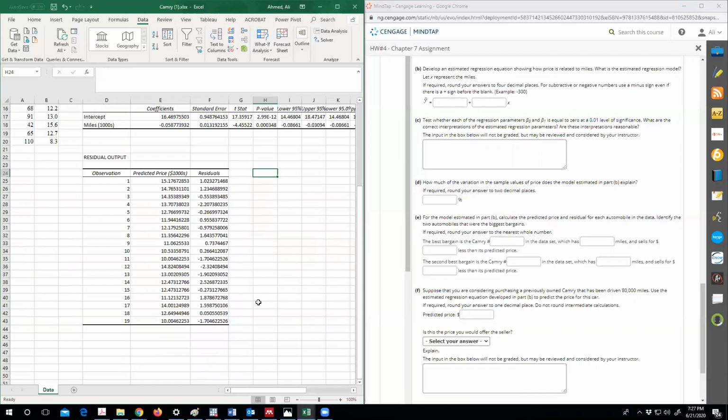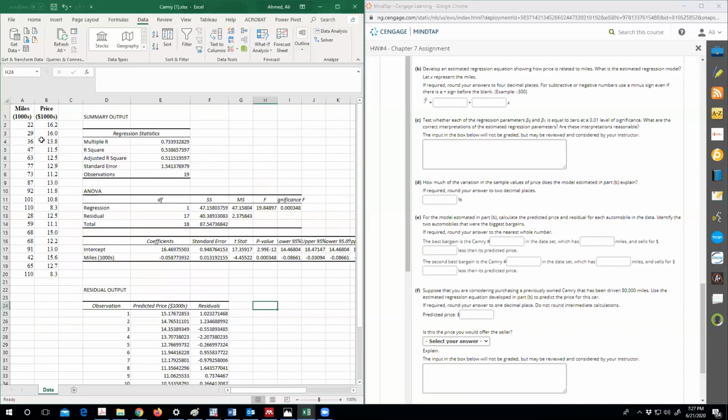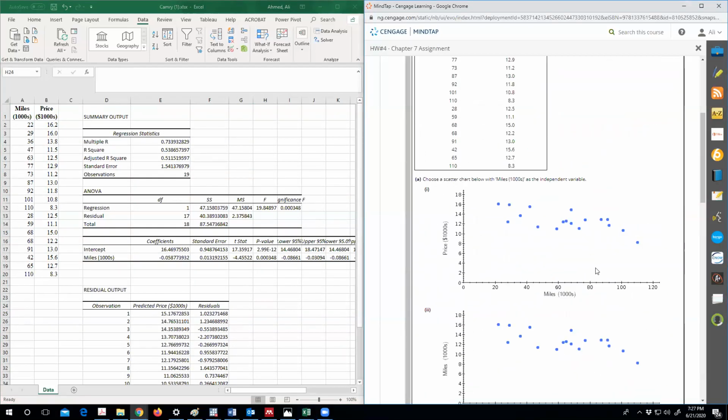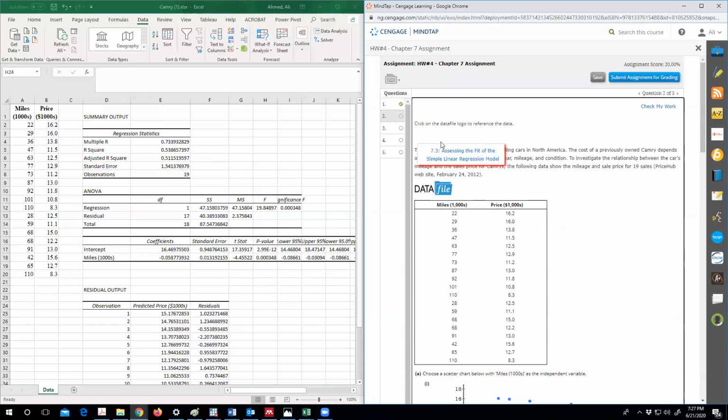So it says Camry number, but there are no names of the cars. It just says this is really weird, because this is correct. This is the data set. Okay, so let's read the question. Then we will be able to see. It is one of the best-selling cars. The cost of the